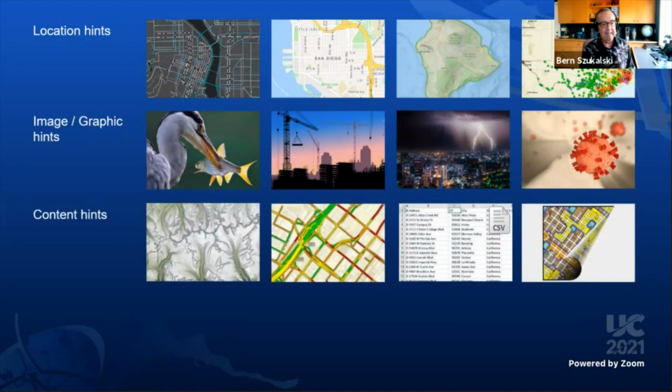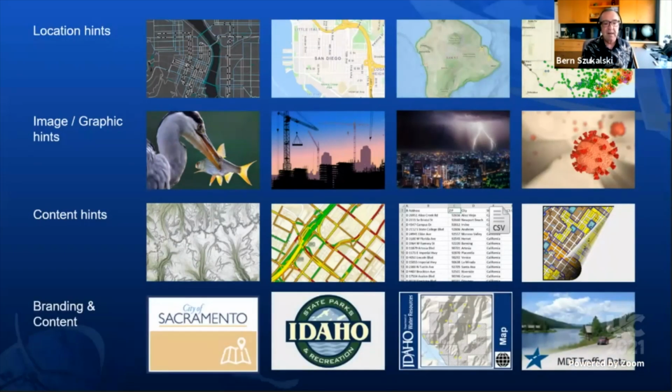There's also content hints. By showing a little bit of the content, we know that one's about traffic, one's going to be a spreadsheet, one's going to be some type of file, and one's going to be about perhaps elevation or drainage. So these content hints are useful. And of course, you can also combine them by including a little bit of branding with content hints or just sticking with your branding. So these are all good examples, and really it's up to you and your style